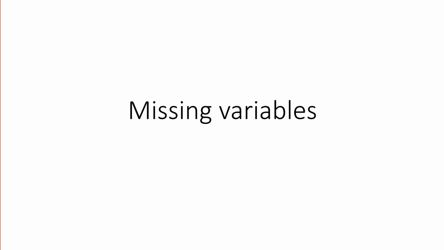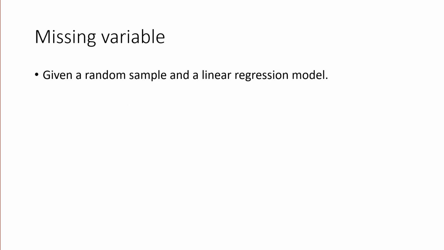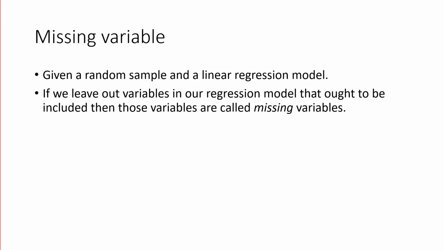This lecture investigates the consequences of missing variables in a linear regression model. The setup for this lecture is as follows. We have a random sample and a linear regression model. Any variable that really ought to be included in the linear regression model but is not is called a missing